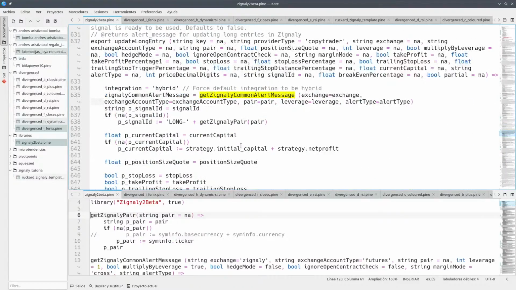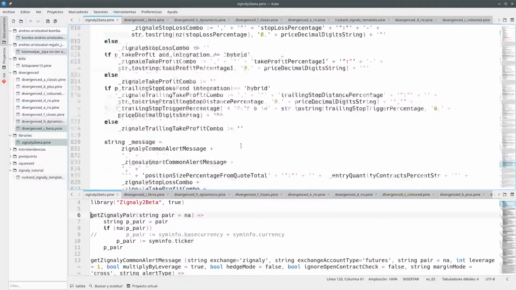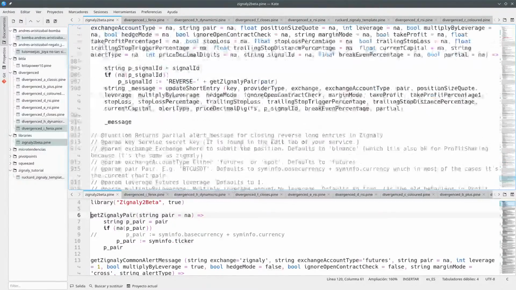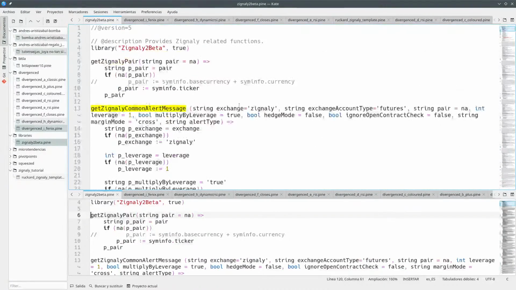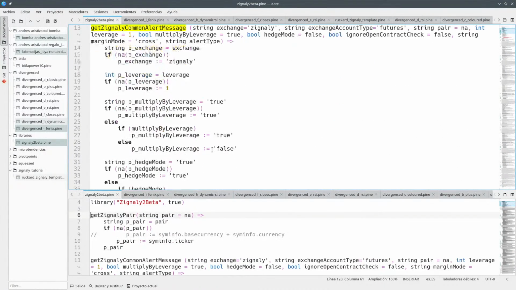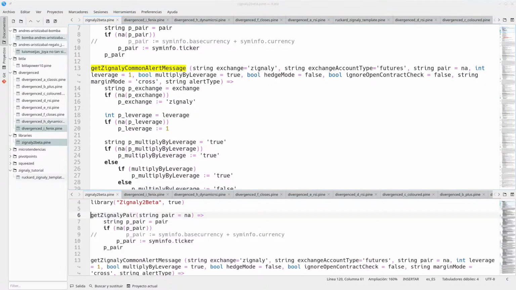Wait a moment. This is not right at all. Yeah, we should fix this. This is a nice one. So let's save. Let's save for now